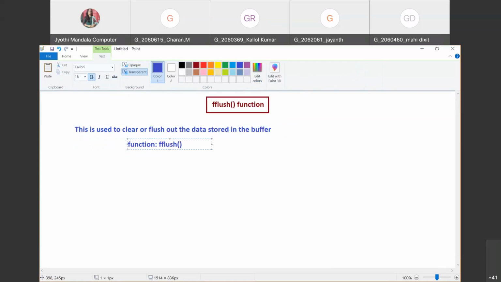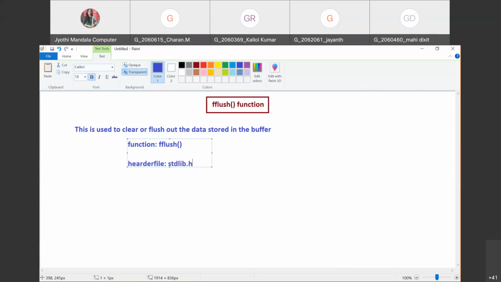Now whenever you want to use this fflush function, we need to include a header file, and the header file that we need to use is stdlib.h. You know, for printf and scanf you need to use stdio.h, which is standard input output. Similarly, fflush is a predefined function, and if you want to use that function, you need to include stdlib.h, standard library functions.